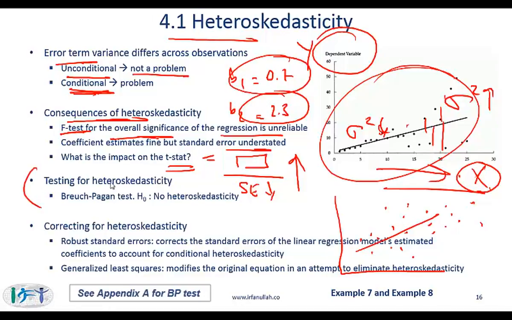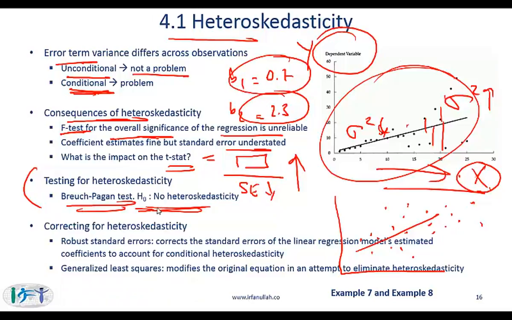How do we test for this? You do the Breusch-Pagan test, and here we set up a null hypothesis that there is no heteroscedasticity. If you reject the null hypothesis, then you actually have heteroscedasticity. Now, what I'll do in the interest of time is, in this particular lecture,